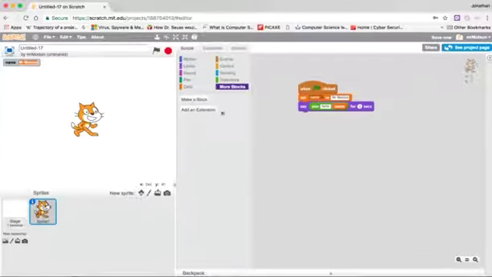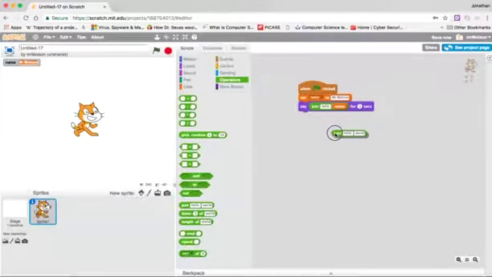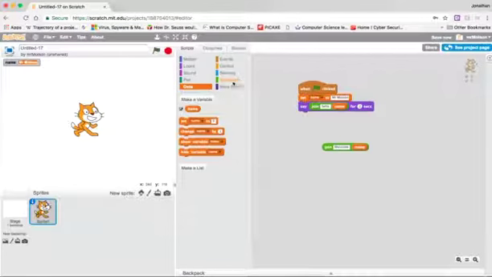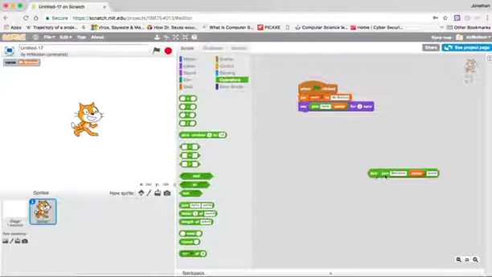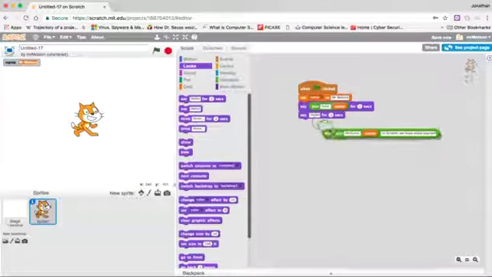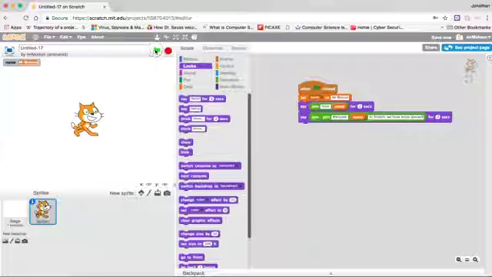So now the computer is going to say hello and then whatever is in my variable called name. In my variable called name is Mr. Molson, so this should say hello Mr. Molson. Alright, and I'm going to drop that in there. So I'm using my variable. I've stored the value Mr. Molson in my variable, which is called name, and now I'm going to output the value that's stored in that variable, name. Alright, so I'm going to click on the green flag,